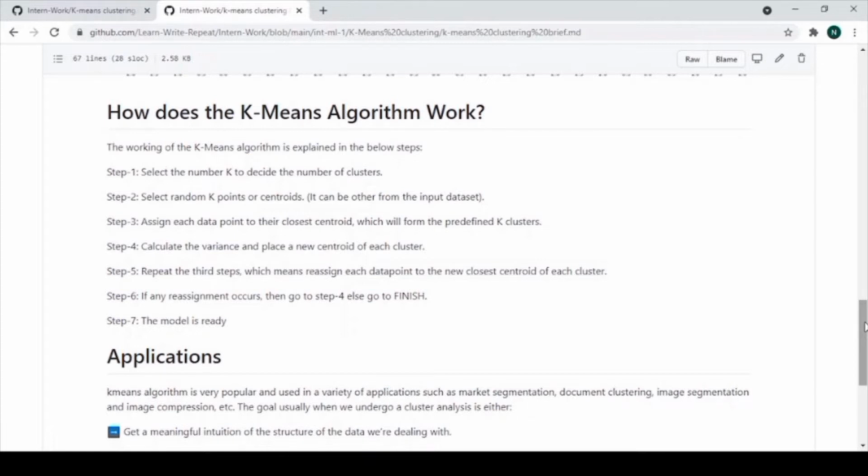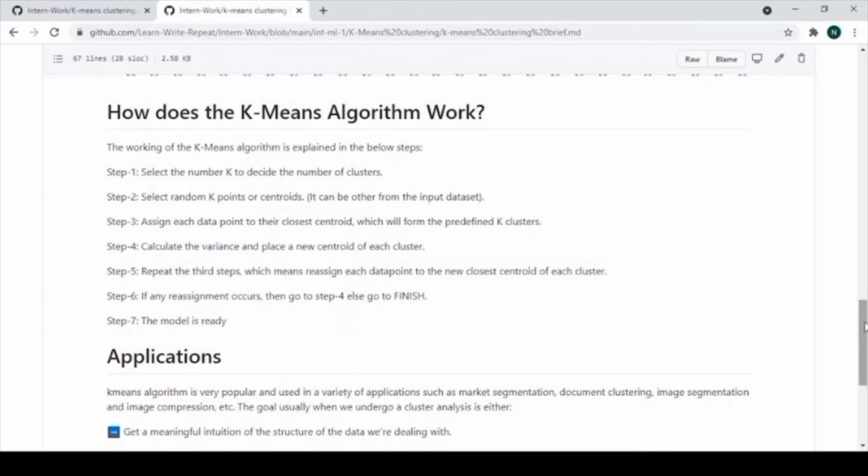It can also be other than the input data set. The third step is we assign all points to the closest cluster centroid, that is, we assign each data point to its closest centroid, which will form the predefined K clusters.